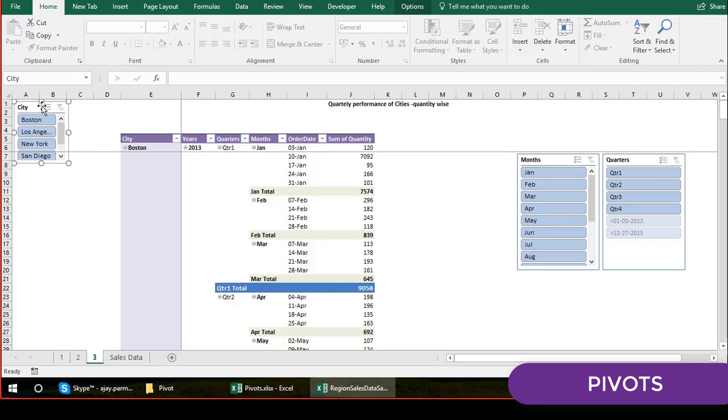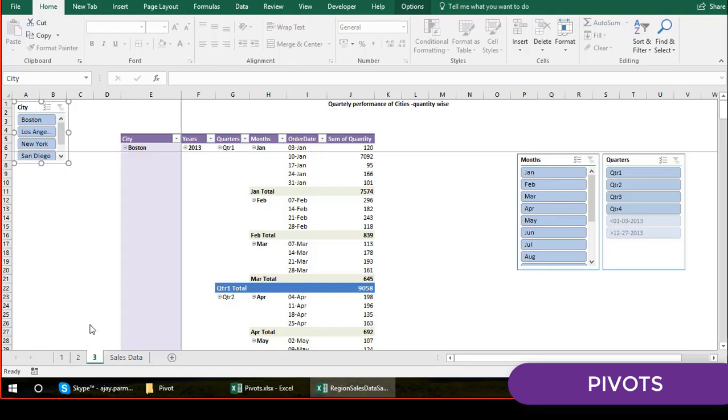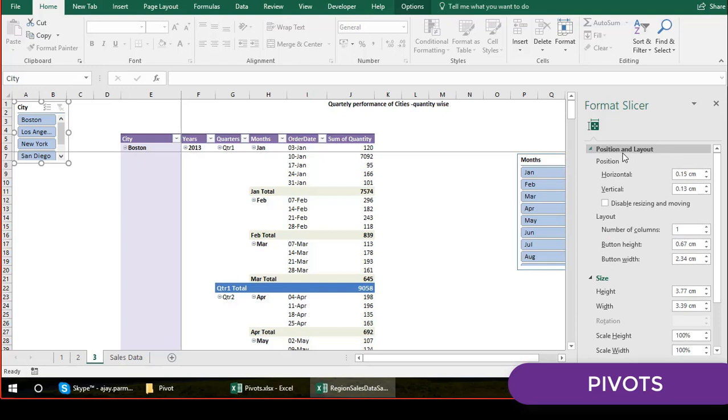Okay, and you can also do one thing. You can move them in 4 different columns as well. Just right click here and go to the size and property, and in the size and property this window will come. So here click on the position and layout, number of columns. So you can create the 2 columns. Look at this, guys. This is also okay. You want to create 4, you can create the 4 as well, right?